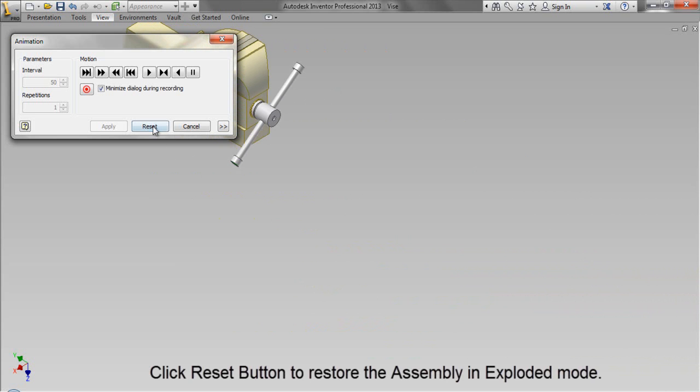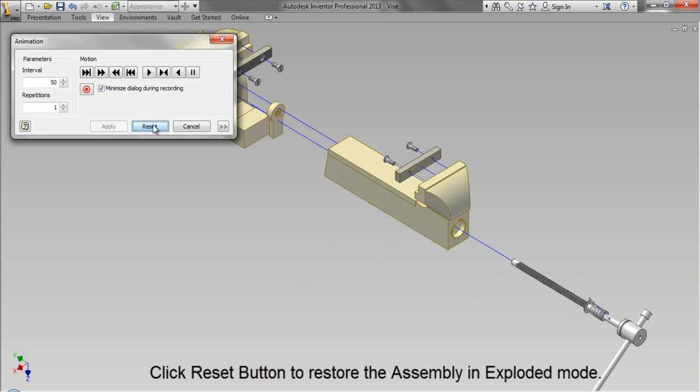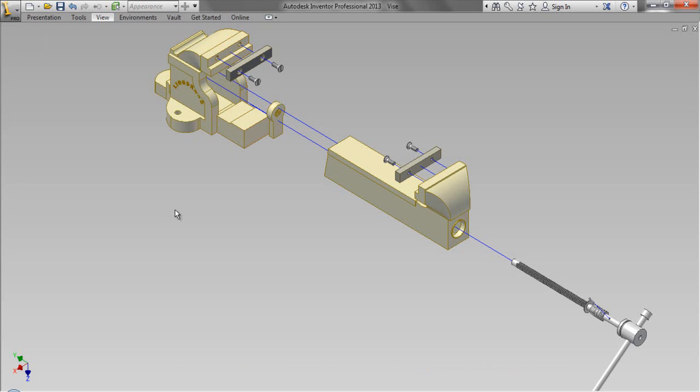Click Reset button to restore the assembly in exploded mode.